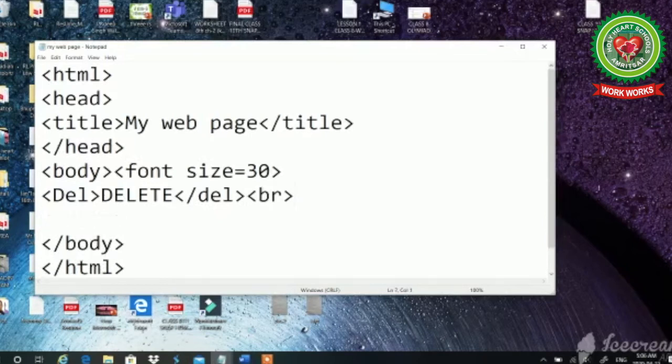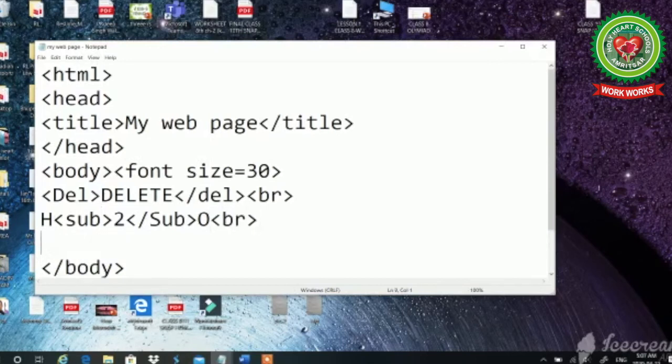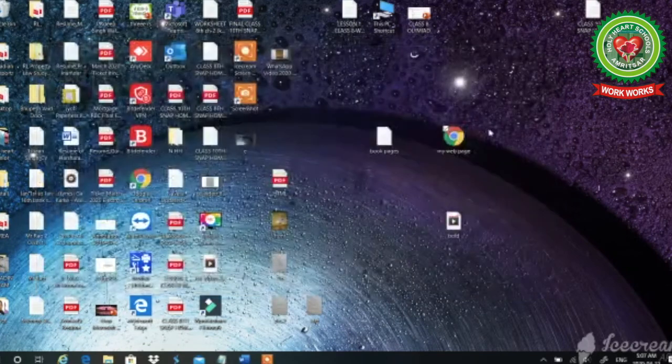I will use sub tag. I will close this sub tag, and next tag which I have discussed with you, that is superscript. For that I'll use, let's suppose I want a raised to power, then I'll use sup tag, then I will use 3, then I'll save it and I will close it, and I will show you the output of it.